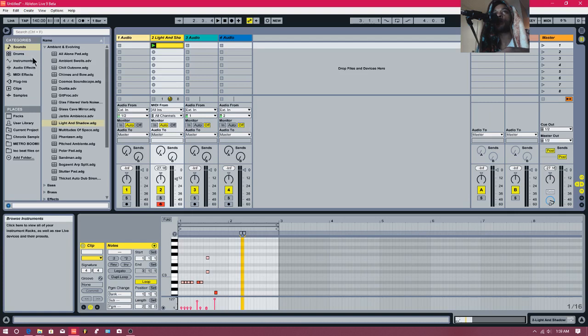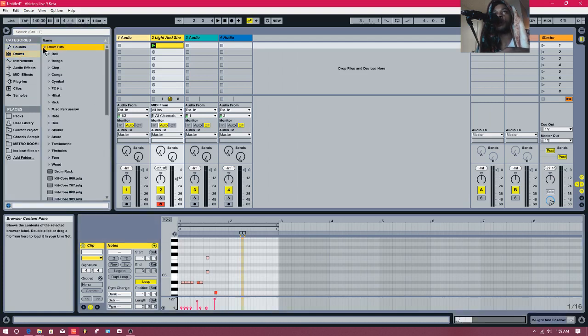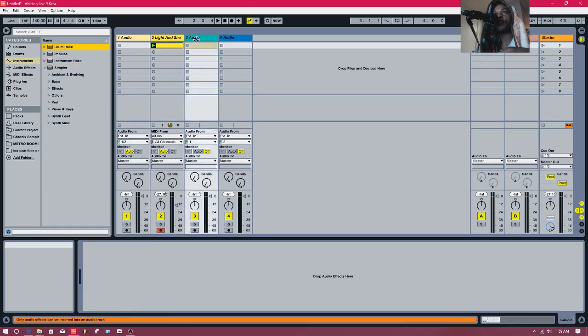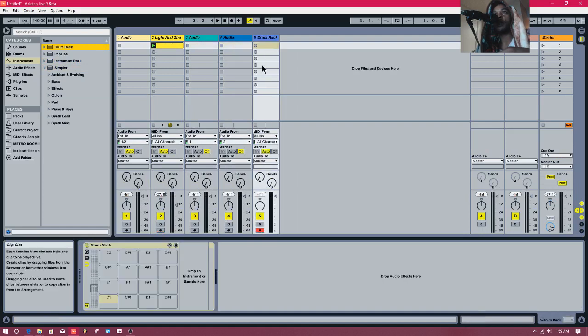And if you want to add drums, you go to the drum section where you have a drum rack. On Ableton Live Lite, we're going to go through the instruments. You have a drum rack, an impulse, instrument racks filled with different instruments, and a simpler. So if you drag in a drum rack, this is what it looks like. It has 8 quadrants of 16 pads,